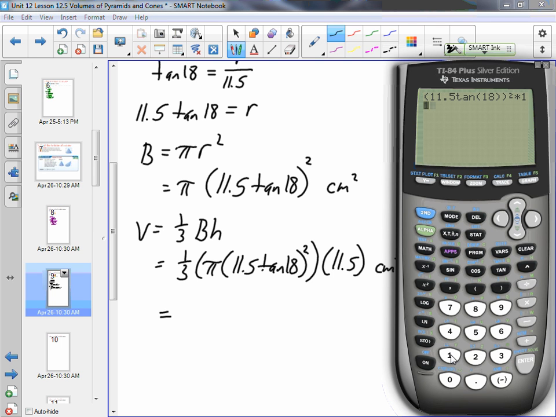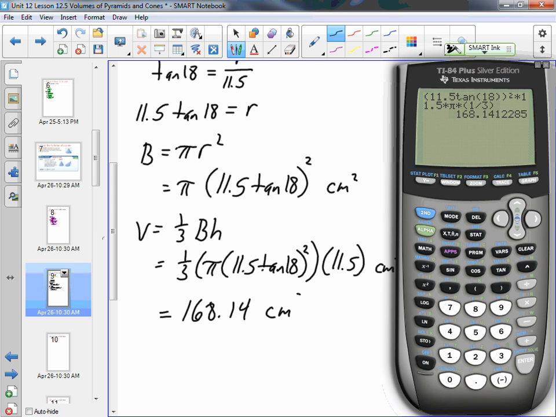Times 11.5 times pi times parentheses 1/3. Now, I went out of order just a little bit because I wanted to get that big thing squared in there first. Have I got everything? And if I've done this correctly for the calculator's notation, it'll give me the answer. And I have. So I get